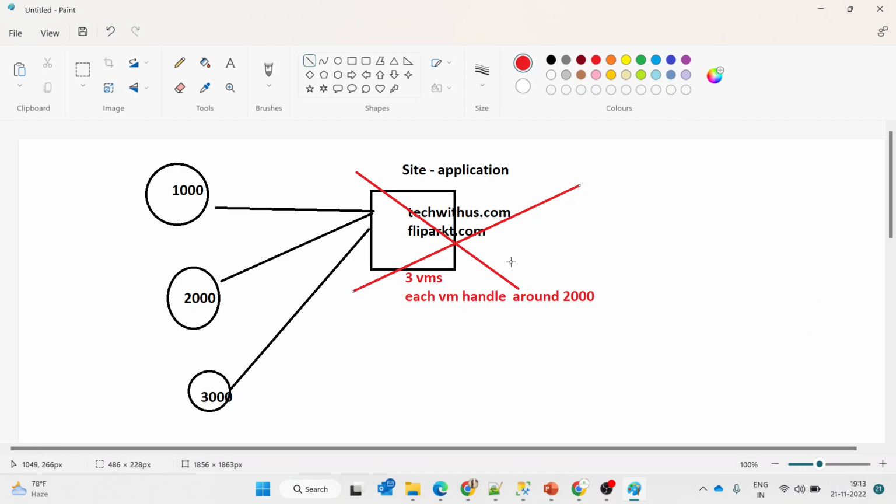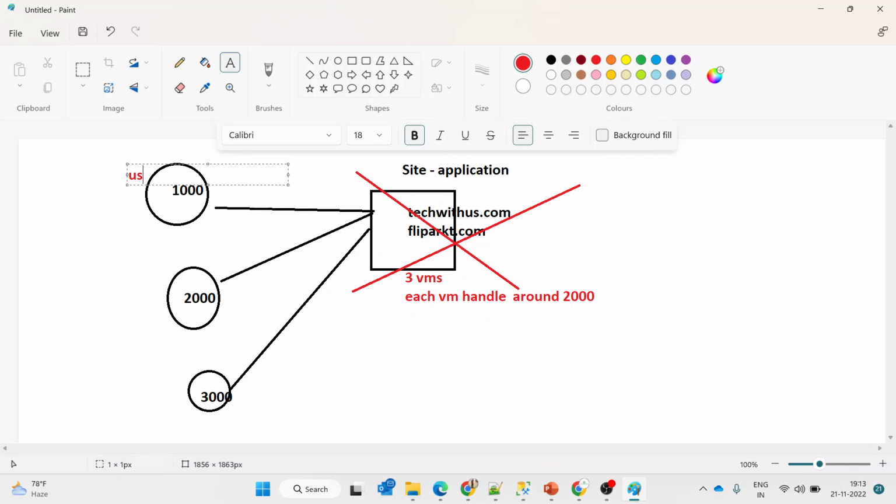Let's say there are 3 VMs for me. From one region, East US, 1,000 requests are coming. From West US, you are getting around 2,000 requests, and from the India location you are getting around